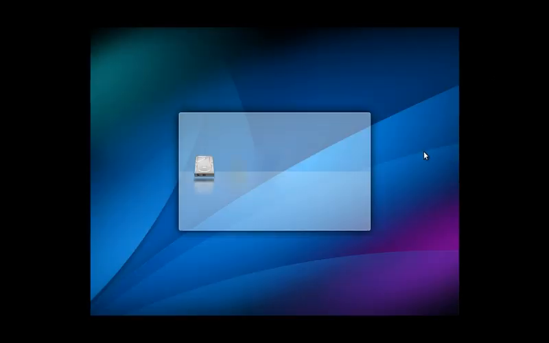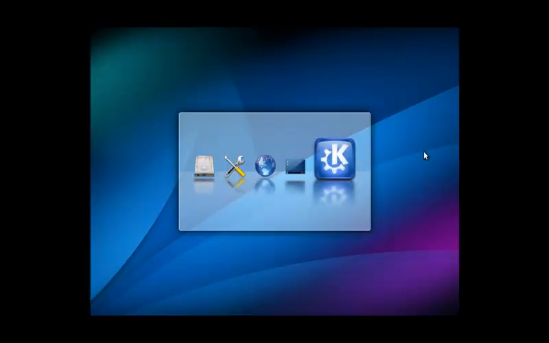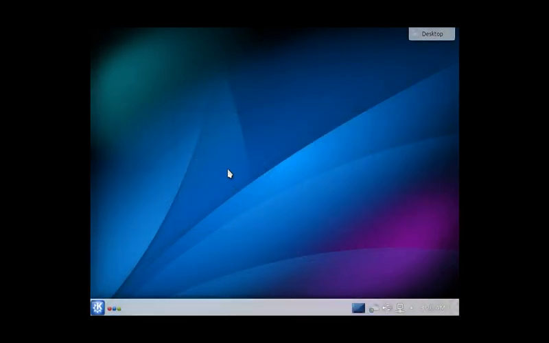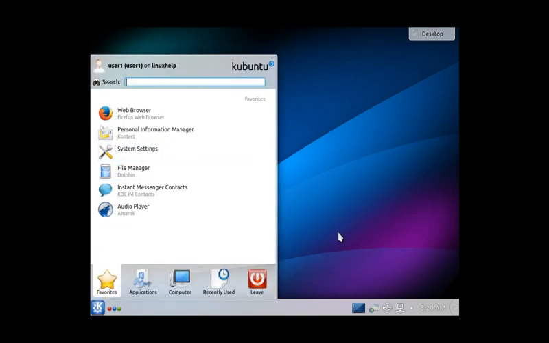You can see KDE Plasma is again loading with the first home page. And this is the home page of the KDE Plasma desktop, and this is the settings.